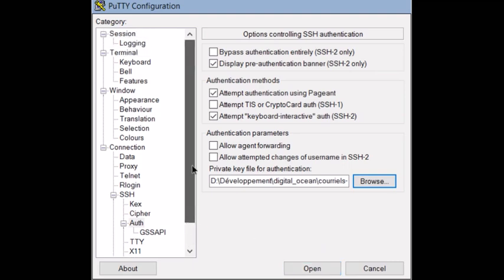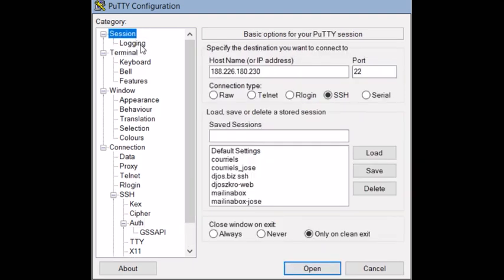Then I'm going to go on the session here, name the session. That's the name of my droplet. Then I just put root here. I'm going to click save. It has been added.